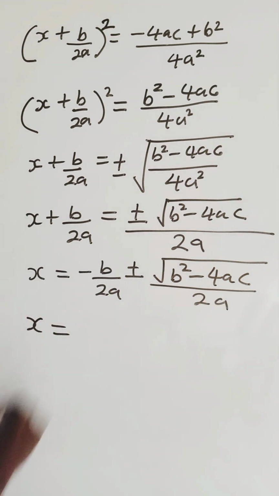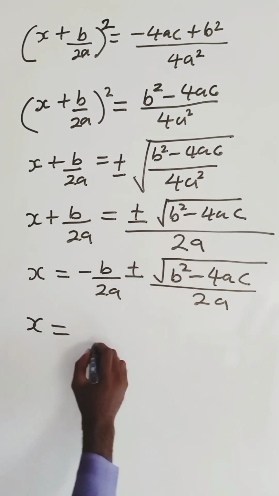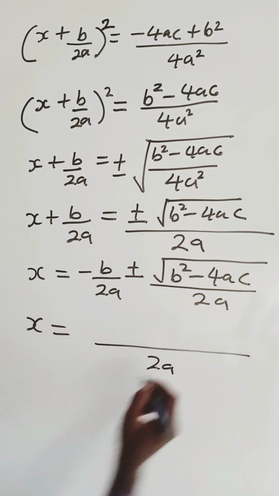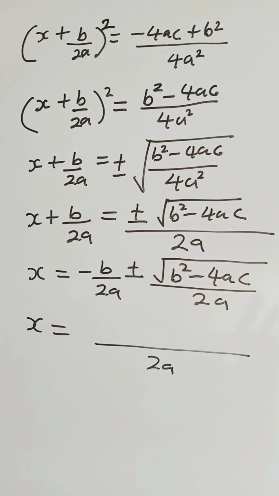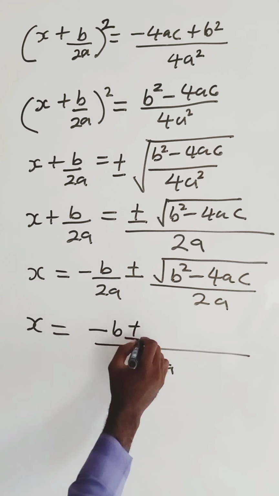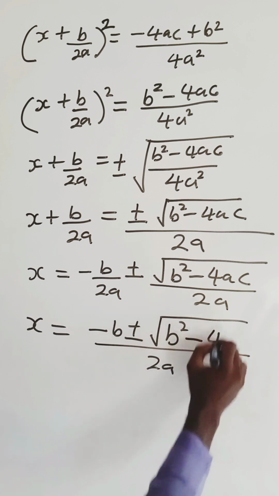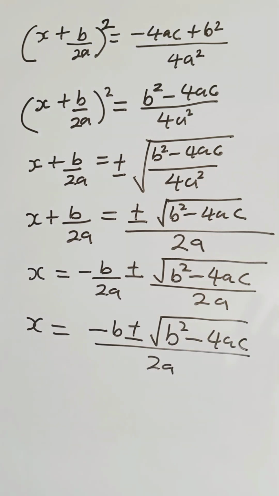X will now be equal to, notice these two denominators are the same, so the LCM will be 2a, or you just pick one out of the two, then you join the numerators together, so we have minus b plus and minus the square root of b squared minus 4ac. This is the general form of